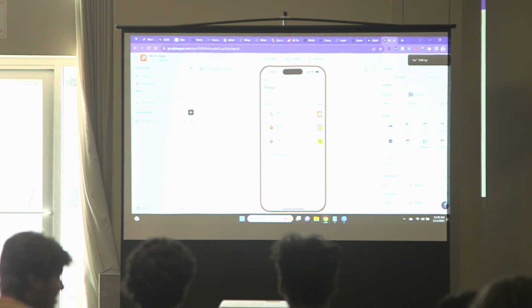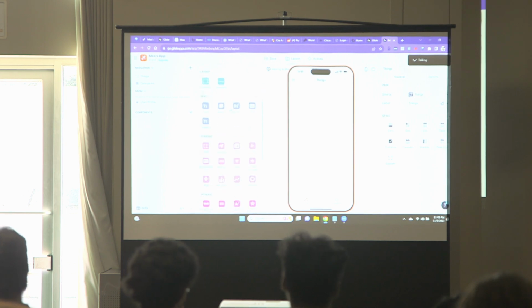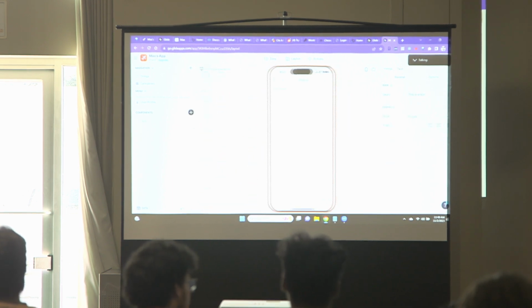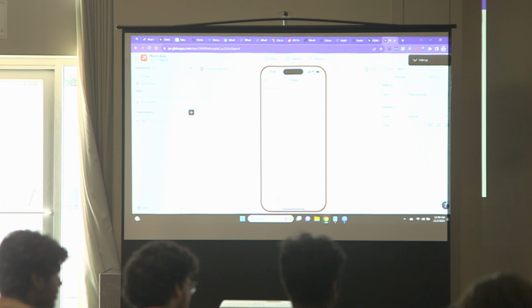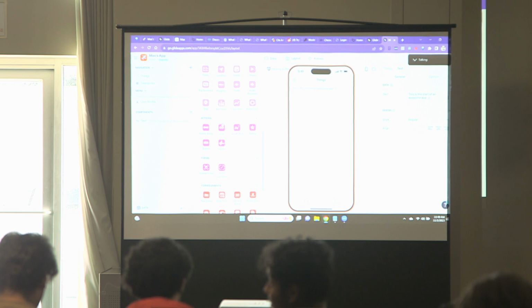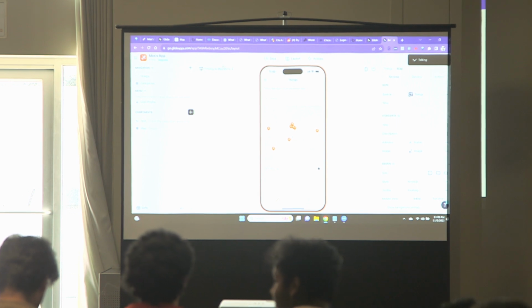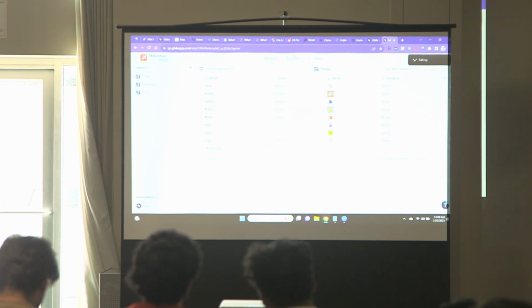If I don't like this structure, I can delete here and I can add a whole bunch of different elements. Let's say I want to add a text field. And this text field is going to say, this is the start of an awesome app. Smart. Let's say I want to add a map. I'll click on map, and now we have a map, and that map is connected to all my backend database elements. So anytime I change something on the backend database, it displays here on the map.